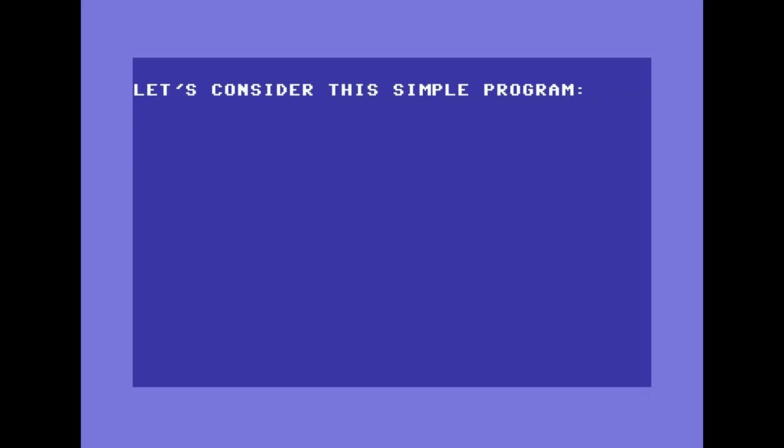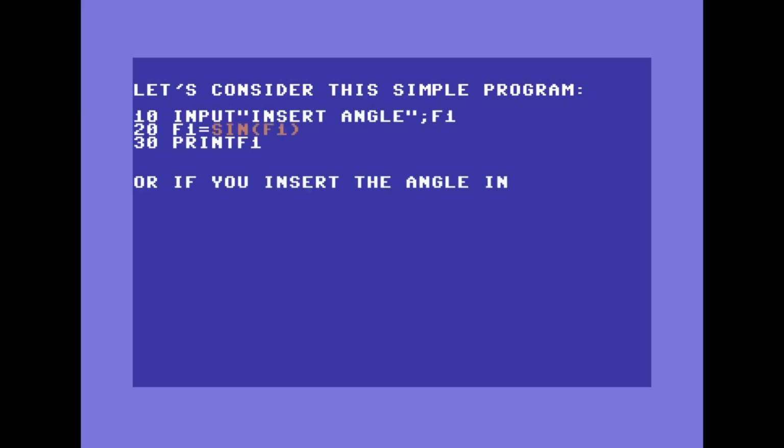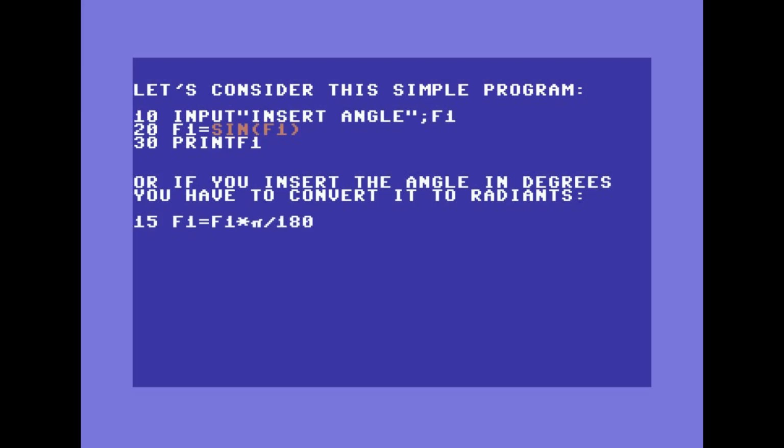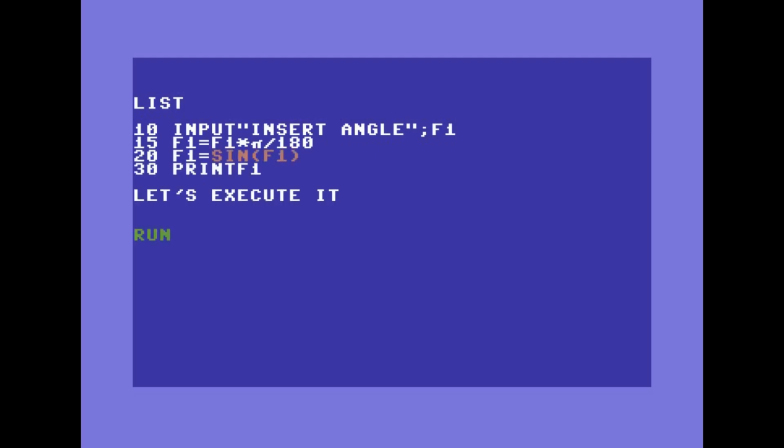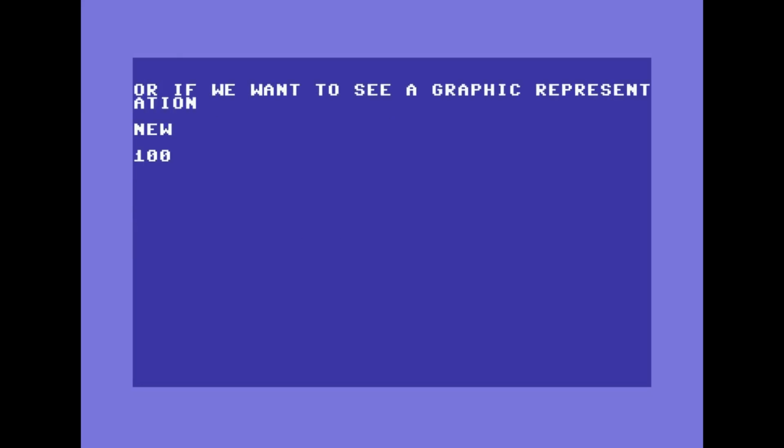Let's consider this simple little program. Or if you insert the angle in degrees, you have to convert it to radians. Then, let's execute it. Or if we want to see a graphic representation,